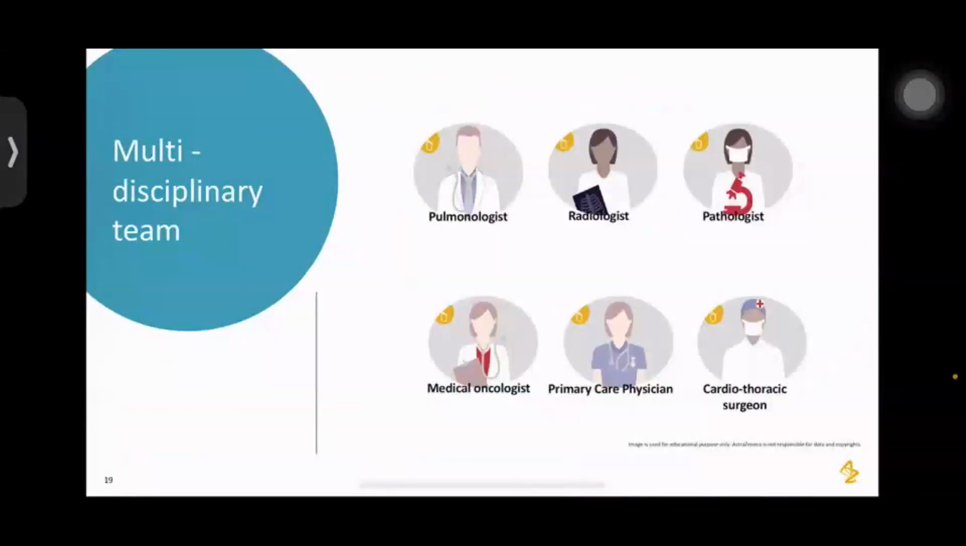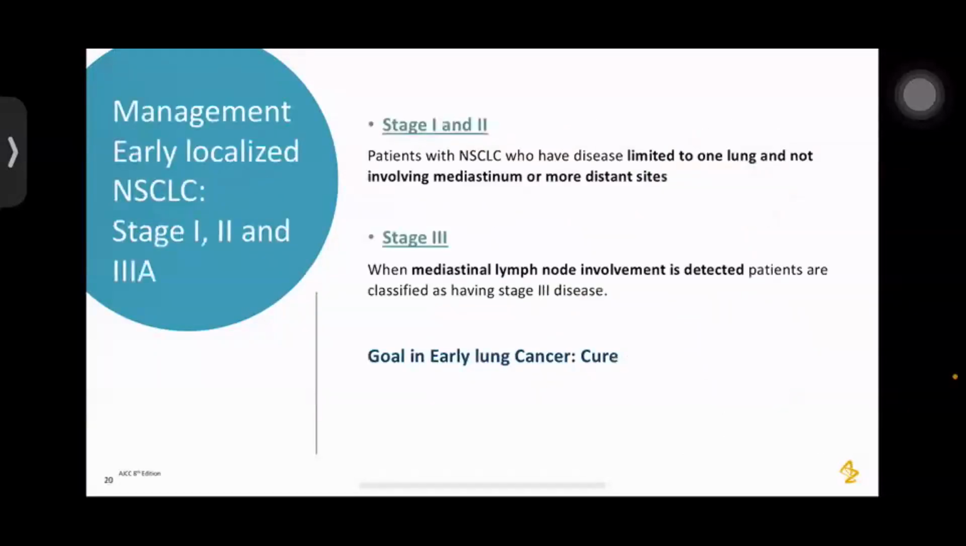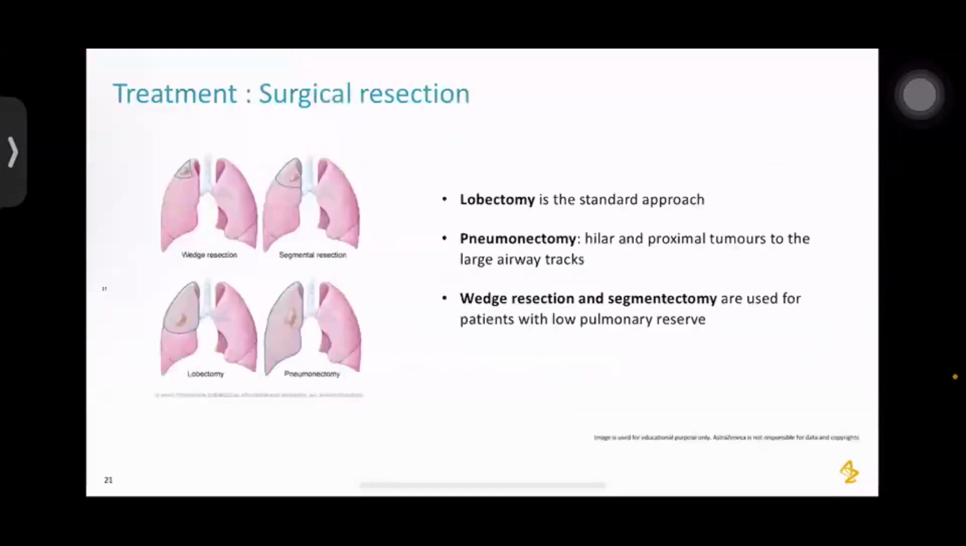So as we all know, multidisciplinary team management with a pulmonologist, radiologist, pathologist, medical oncologist, and cardiothoracic surgeon. Early stage, predominantly the goal of the treatment is cure, which is surgery. When the disease is limited to the lung and not involving the mediastinum, it is stage 1 or 2. And when the disease involves mediastinal nodes, it is stage 3 disease. Treatment is predominantly surgical resection for early stage disease, either lobectomy, pneumonectomy, wedge resection, or segmentectomy for patients with